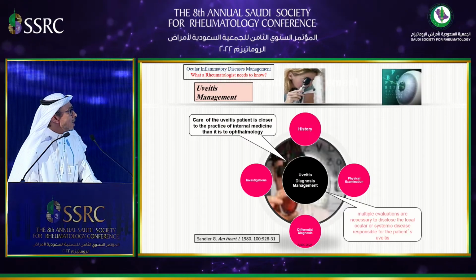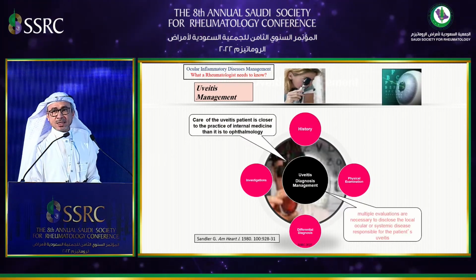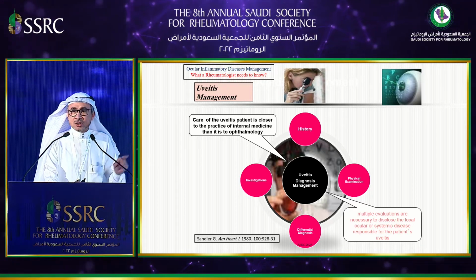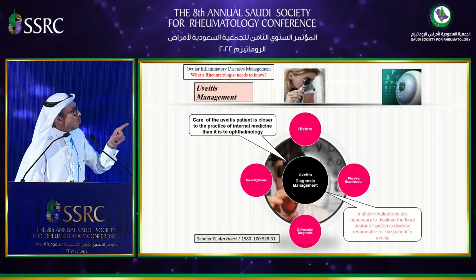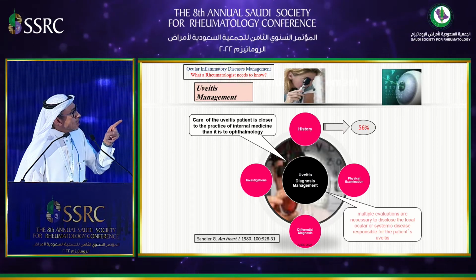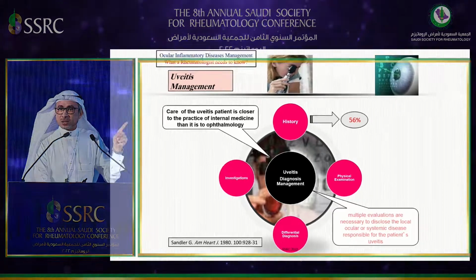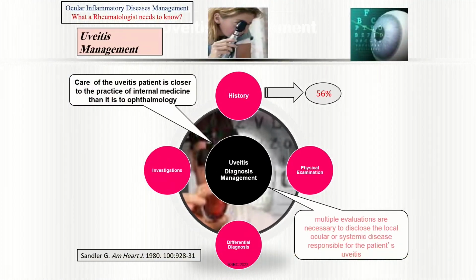When you are taking patients, it is not different from internal medicine, and uveitis specialists usually have to be aware of this. We start with history, and using history alone might help you diagnose the etiology in 56% of our intraocular inflammation cases. Then adding physical examination, either just ocular or even systemic examination, increases the probability of diagnosis to 73%.